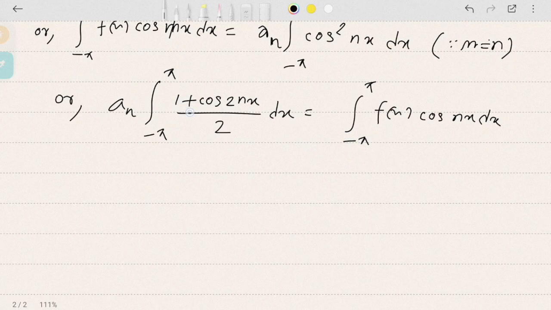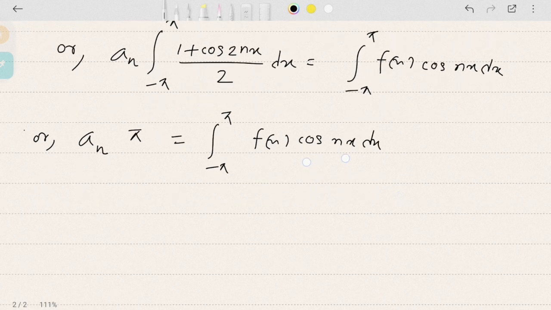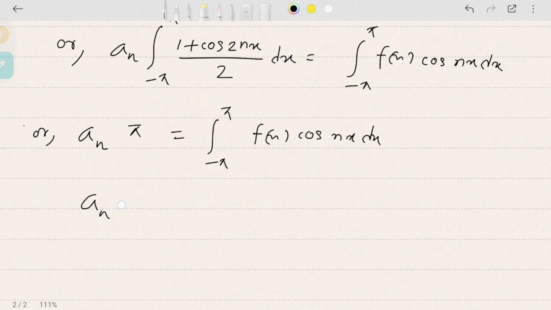So if you solve this, only the first part remains. So an will be, the first part will be nothing but pi, and is equal to as it is. So what do you get? An is equal to 1 by pi minus pi to pi